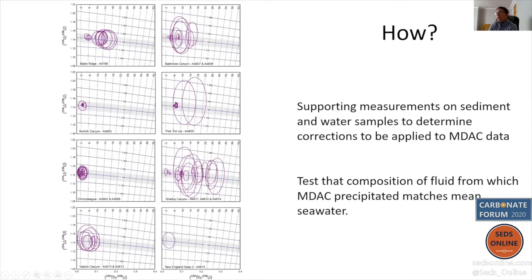These are the purple ellipses, and they are separated out depending on which seep field they come from. And what you should be able to see, but I can't see on my screen, behind each of these clusters, there's a gray band, which is a theoretical path along which the composition of a sample would evolve if that sample precipitated from open ocean water. And so all the data we've accepted along this particular margin in this particular data set meet that criterion.